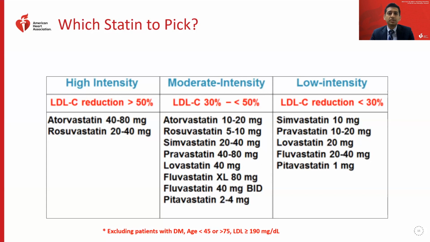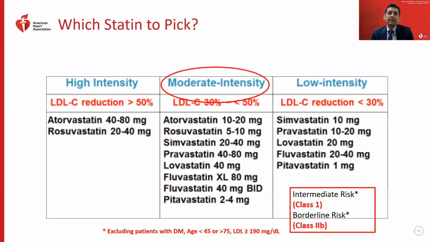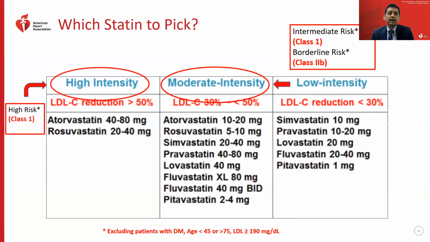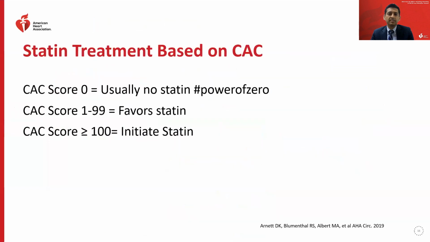So if you have a patient with established ASCVD, currently the guidelines would recommend placing them on a high intensity statin. And so if you do that, you would choose either rosuva 20 to 40 or atorvastatin 40 to 80. A lot of that is based on what their LDL is pre-event, if they've not been on a statin. Of course, if they've been on a statin, then you optimize the dose to get them to particular LDL-C thresholds, which I'll talk about. But if you're looking back at the primary prevention group in the intermediate or borderline risk, starting with a moderate intensity statin at first is very reasonable. And at high risk, starting at a high intensity statin is also very reasonable.